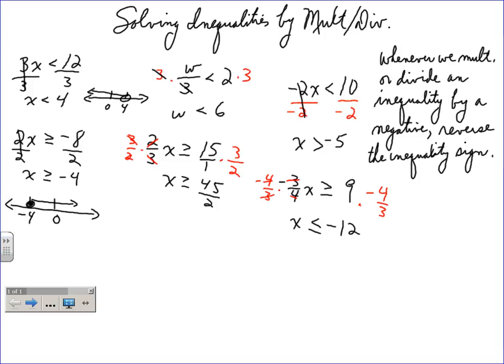Yes, Austin? So basically, if there's a negative on this side, you just have to flip it? Yes. Well, I don't want to say if there's a negative on either side. No, never mind. But if you do multiply or divide by a negative to solve this inequality, you have to flip the sign. And I'm glad you brought that up, because there might be a little bit of confusion here. If I were to have,